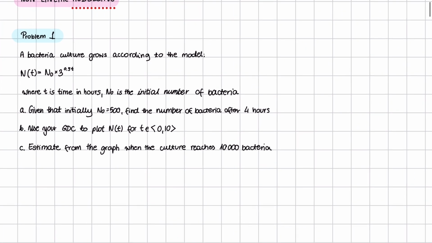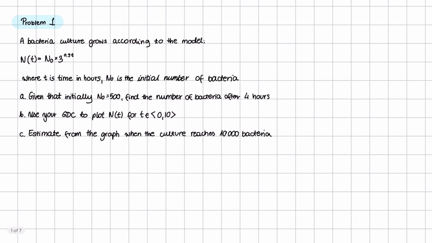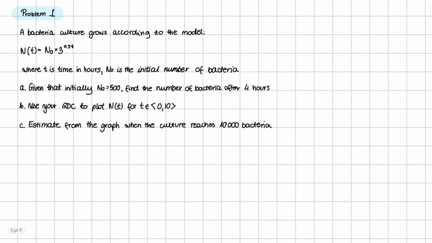So as you can see, we just have to substitute 4 into t because it is 4 hours, so t is 4, and N0 we're given, so all we need to do is substitute these values. So N4 equals 500 times 3 to the power of 0.5 times 4, and this is 500 times 3 to the power of 2, so this is